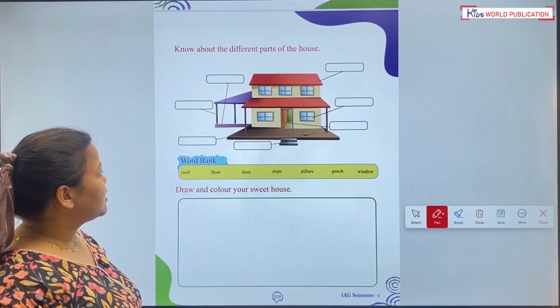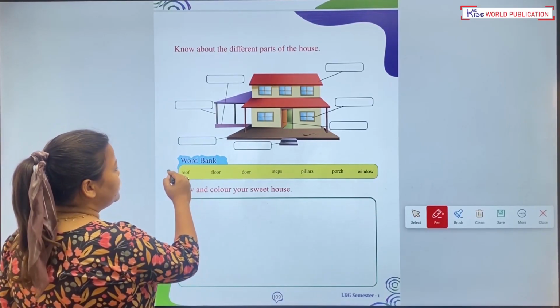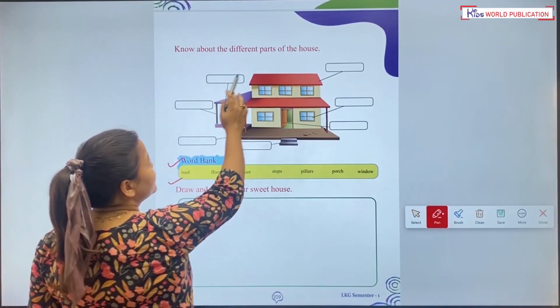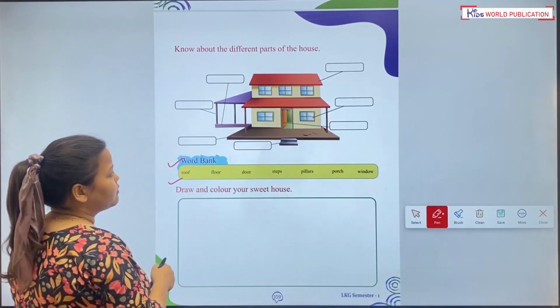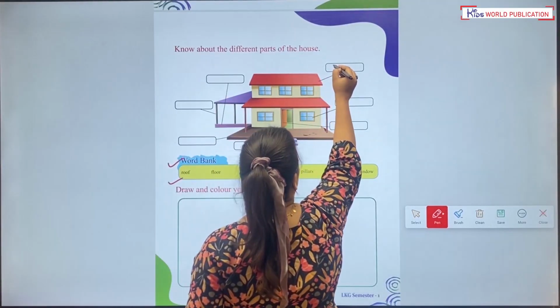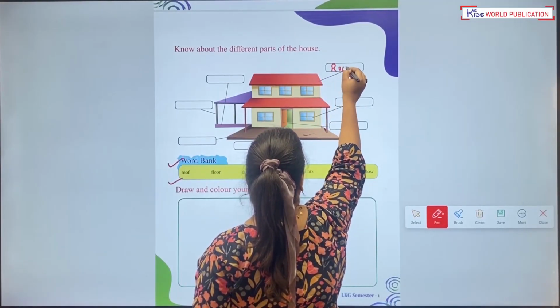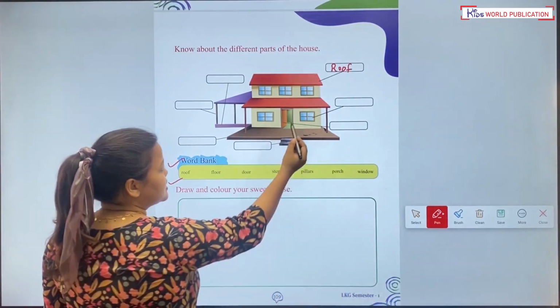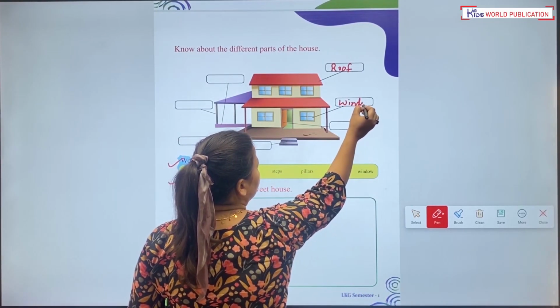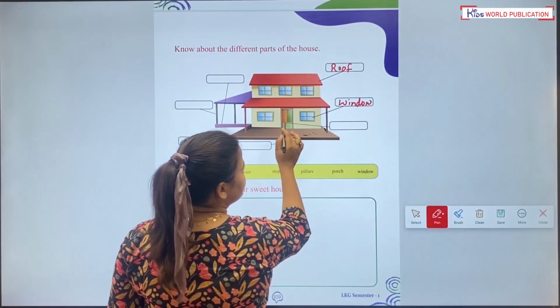So kids, here a word bank is given. With the help of word bank, you will fill the different parts of the house. For example, roof. This is roof. This is window. This is door.